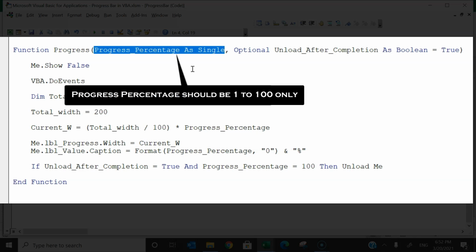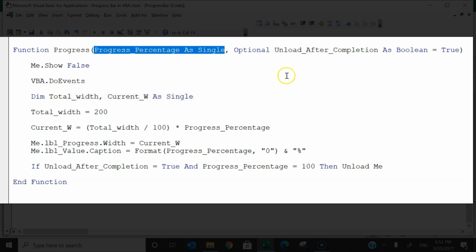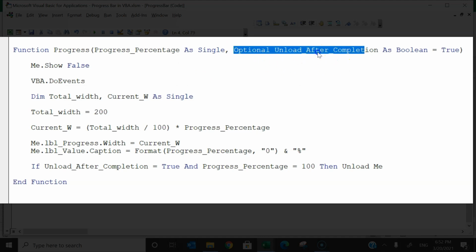They can provide in decimal also, like 1.5, 10.9, something like that. Okay. Then one optional parameter I have taken here, that is unload after completion. Once it is completed, the 100% is completed, that particular user form should be unload or not. You can decide that. So here by default I have taken true. So that means it will be unloaded if you will not provide this particular parameter then.